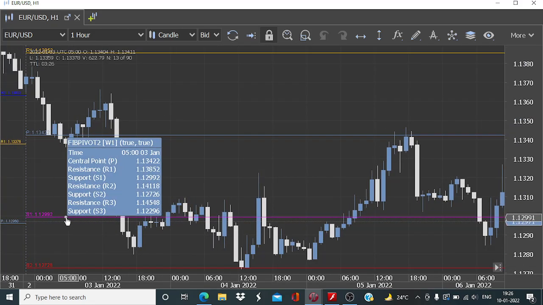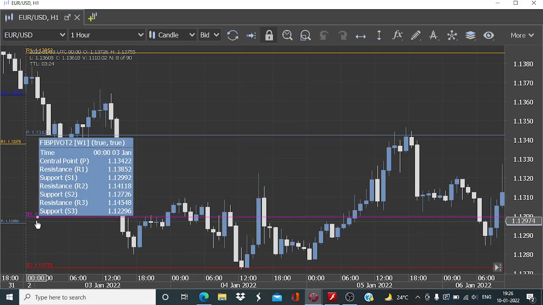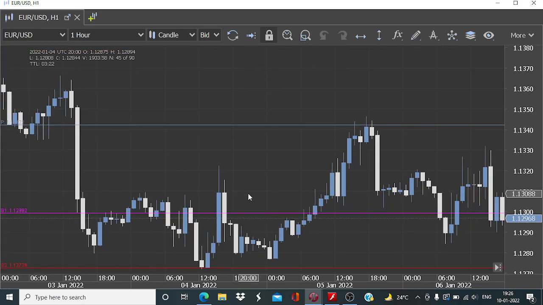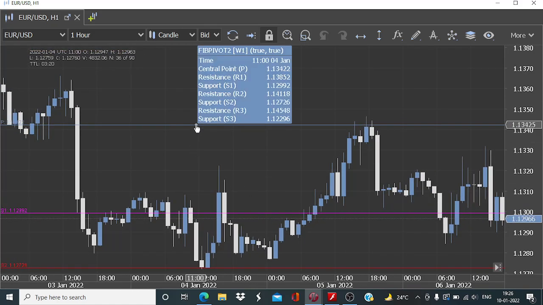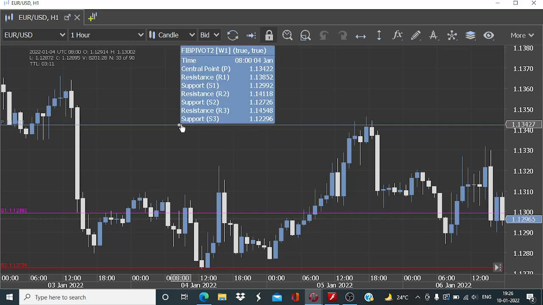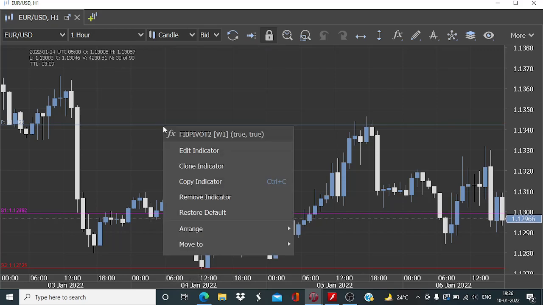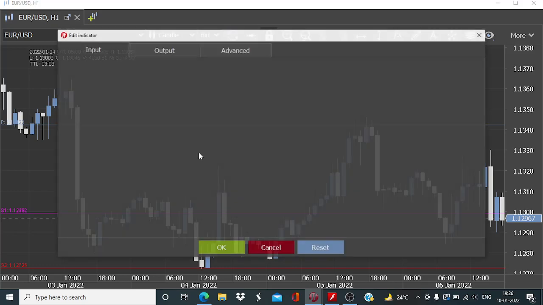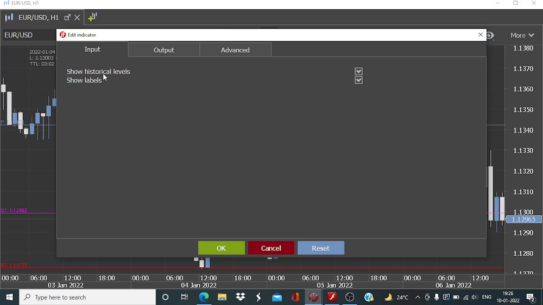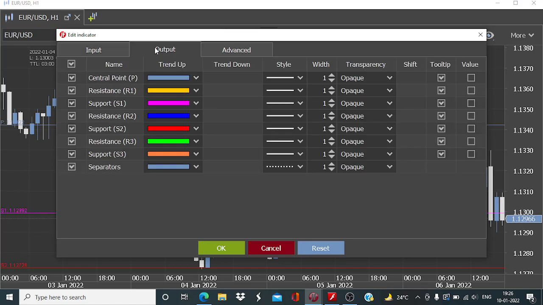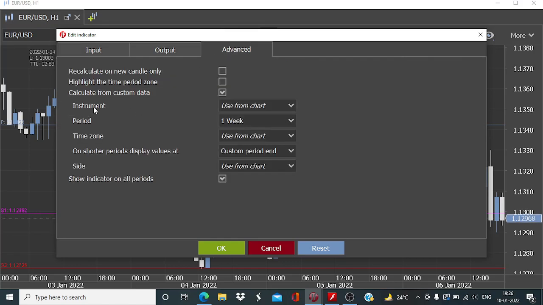So here we will utilize the first support, the S1 of the Fibonacci series, on the weekly time frame. Here the time frame of the Fibonacci series is weekly. You can see this W. Okay, if we have to edit it, all we have to do is select the options here, input and the output, the instrument, the candle period, as you can see,